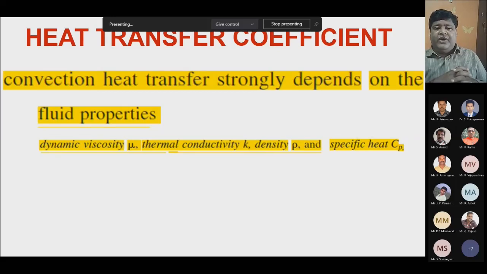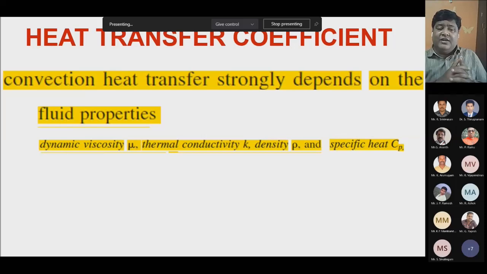So we know that if I want to drink a hot cup of coffee, either you keep it on a table and allow it to cool for a few minutes, or you blow air over the coffee and start drinking immediately. In the first case, it is natural convection. You are keeping it on the table to take time. In the second case, you are blowing air and you can drink it immediately. What is the difference between the two cases? It is the flow property, the velocity of the fluid alone that changes. When the velocity increases, the ability of the fluid to absorb heat increases. So that is one property.